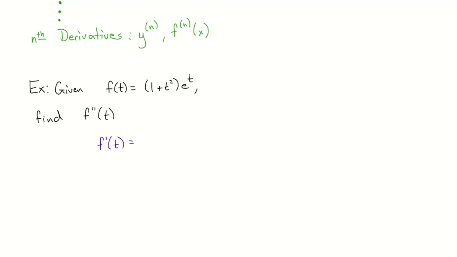Options, options, options. I would use the product rule right off the bat. Somebody may be looking and think that it's easier if you just distribute it. But I'd use the product rule from the get-go. What's the first function? Okay, so don't touch it. It stays the same: 1 plus t squared times, what's the derivative of e to the t? e to the t. So first times the derivative of the second plus the second,